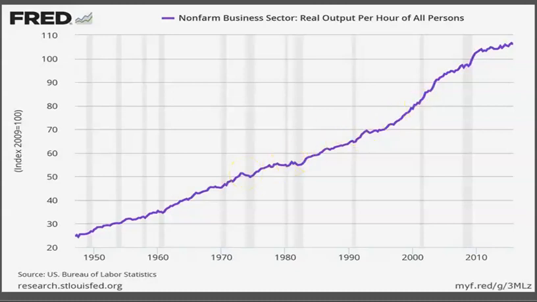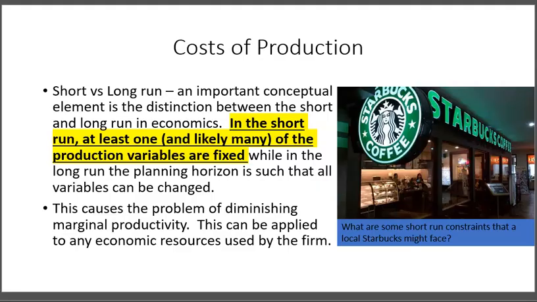Now, when we think about production costs of the firm, I always like to use Starbucks as an example here because it's something that a lot of people are at least familiar with, even if they're not a big fan. And so the first thing we need to do is to distinguish between the short and the long run. In the short run, at least one of your many production variables are fixed, but in the long run, they are all variable. So if we think about, for example, a Starbucks in the short run, they're going to be